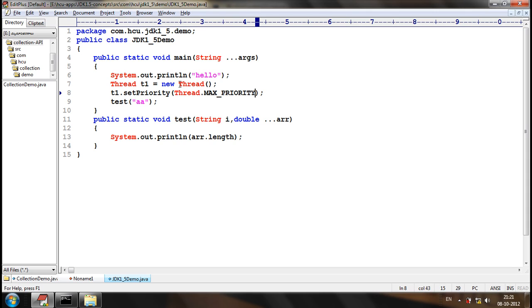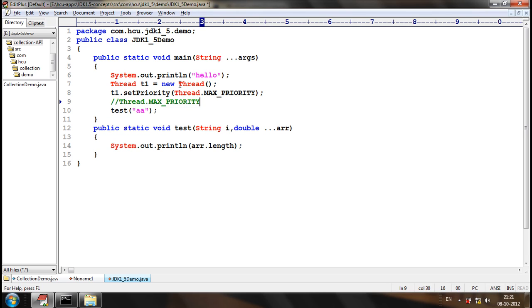So, now this is how I can set the priority of a thread. Now, let's consider I am setting the priority of 100 threads. What do I need to do? I need to again and again use Thread.MAX_PRIORITY, Thread.MAX_PRIORITY, Thread.MAX_PRIORITY. Let's consider I have 4 threads and I am setting the priority.